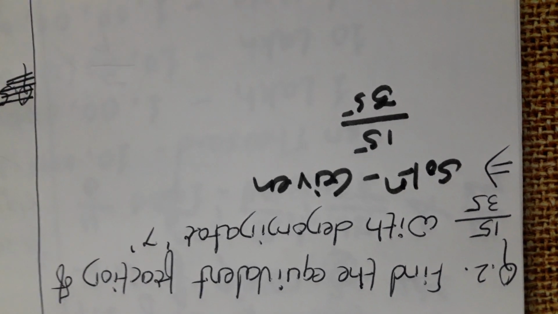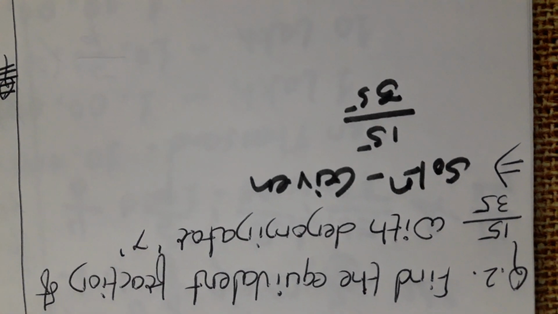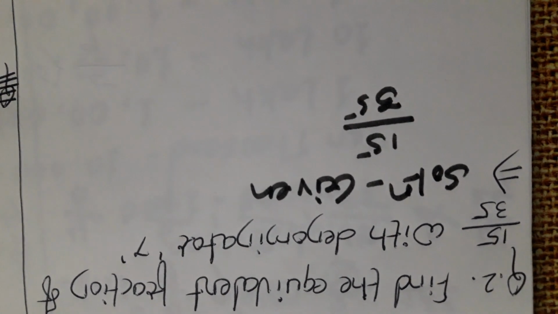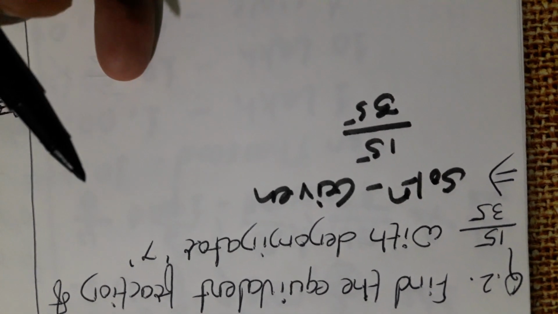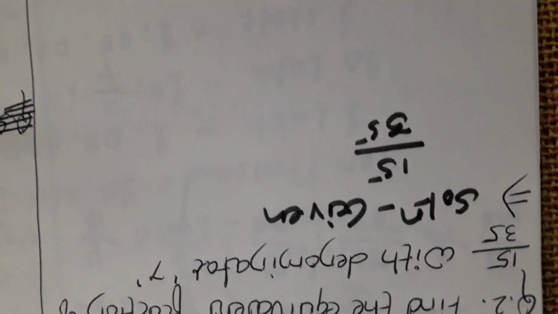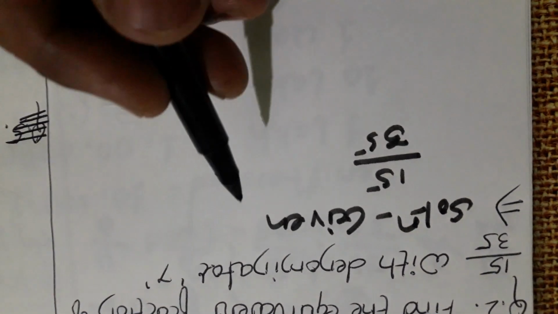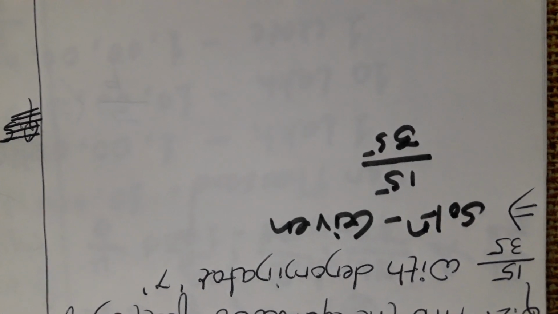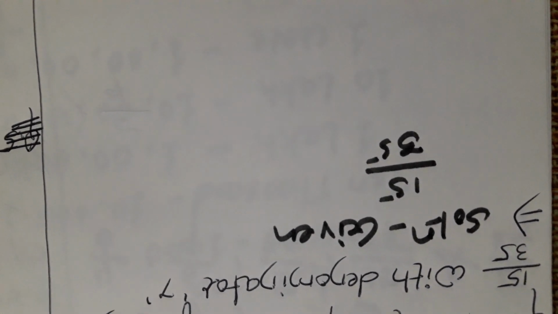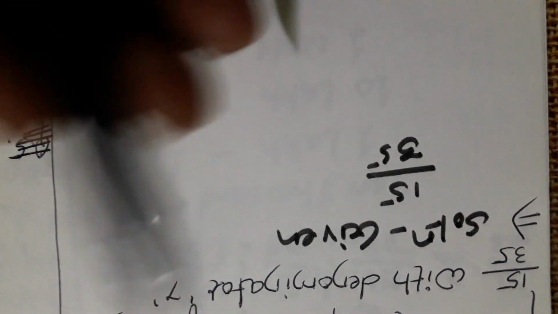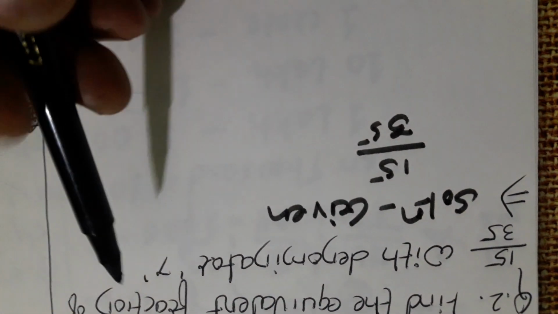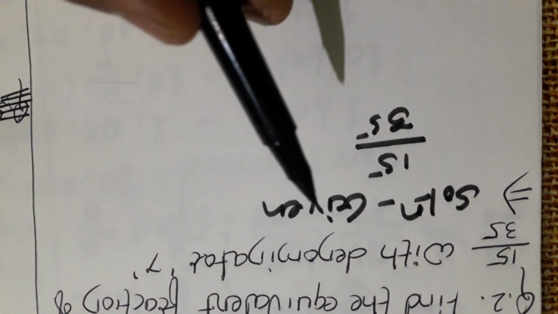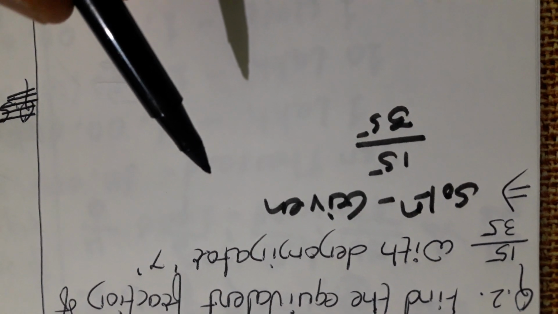We have two options, I told you. Is it possible after multiplying? Now we have to think about the denominator. Is it possible that after multiplying we will get 7 instead of 35? If it is not possible, then think about such a number that we will divide this denominator by, and we will get 7. Is it possible? Now you think, is there any number? Yeah. Which one is that number? It's very important.